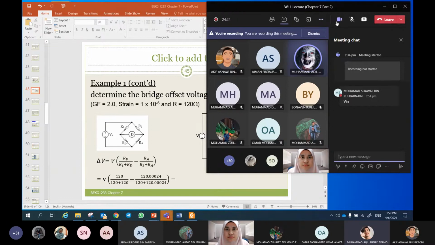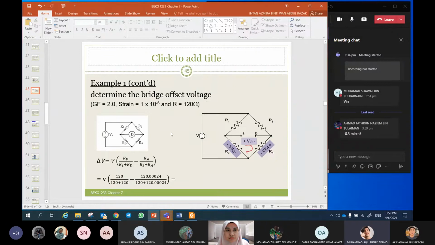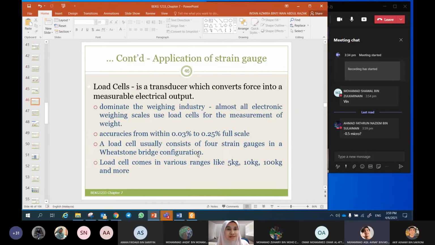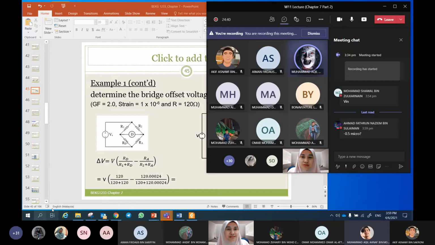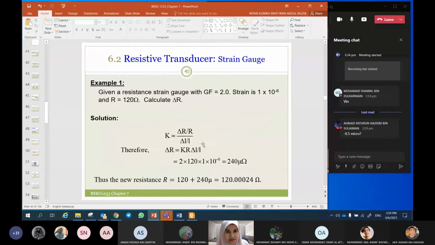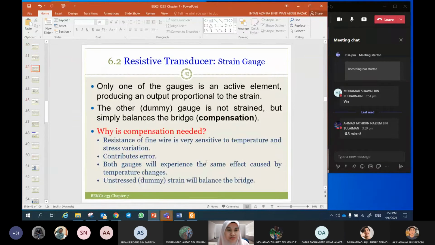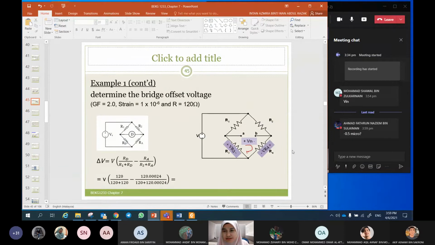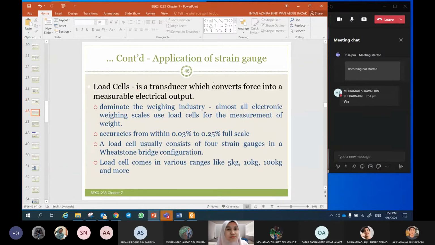Doctor, if the circuit does not give the value of VS, how do we multiply? It's not there, right? Good. Okay, that's good. So the voltage source is not given, right? Yes. So we cannot calculate delta V. That's why the answer is not provided here.